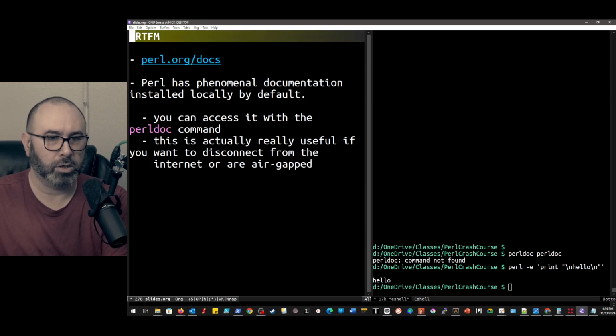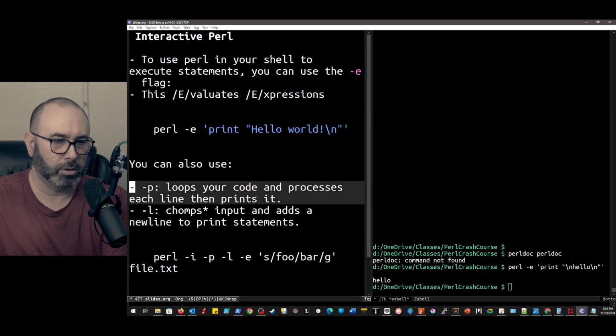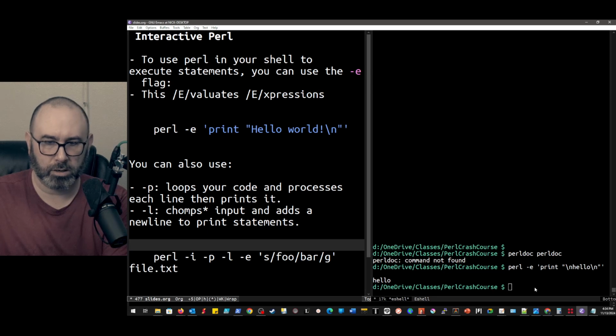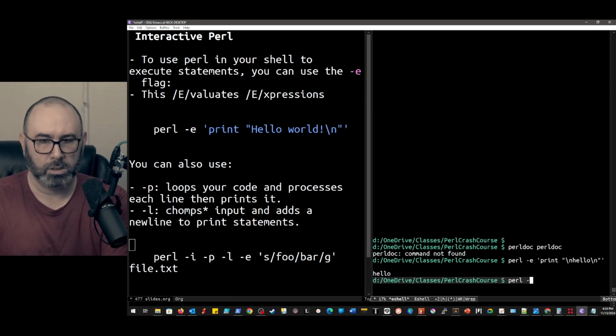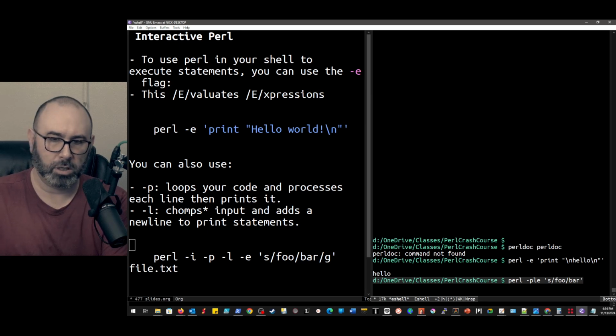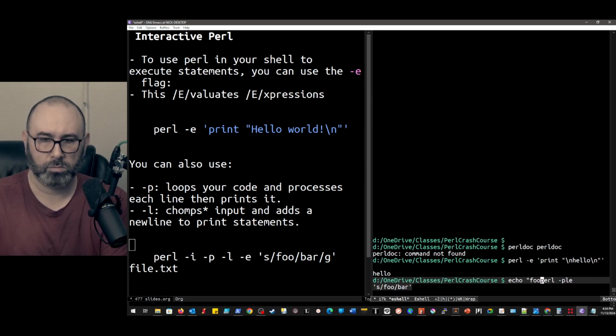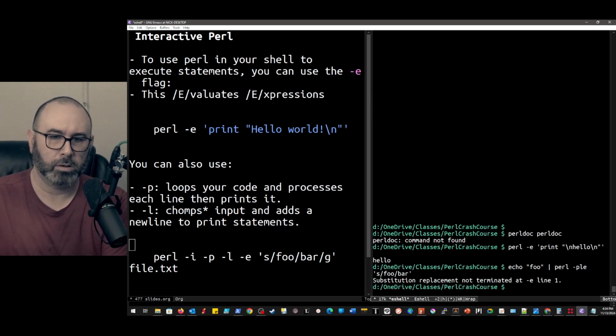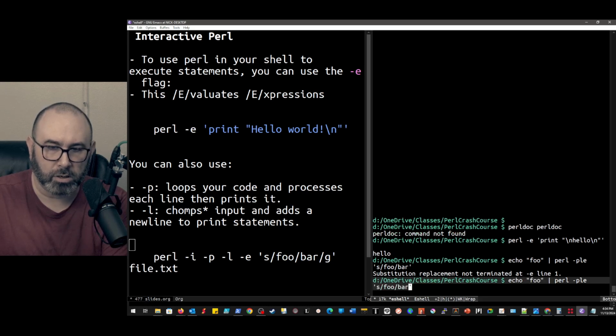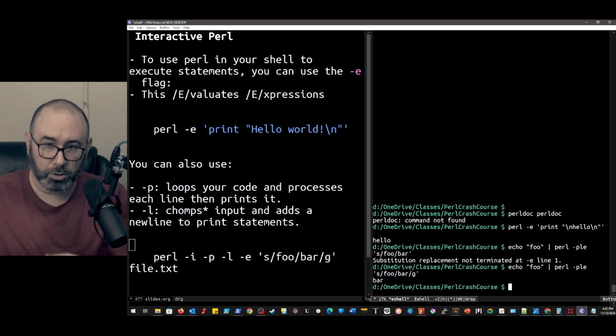Now you don't actually need to do it the way that we're showing it here with the separate dashes. You can do something like perl -ple, right, something along those lines. And you can also do things like echo. Right. That'll go ahead and, oops, I've got to complete that. Right, so that'll allow you to do things inline.